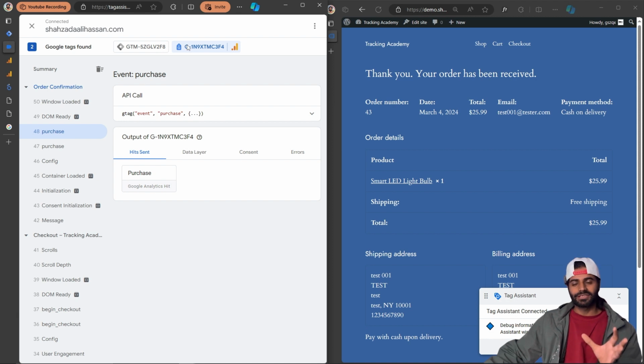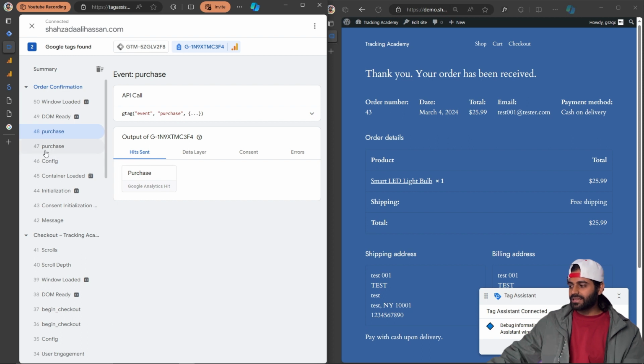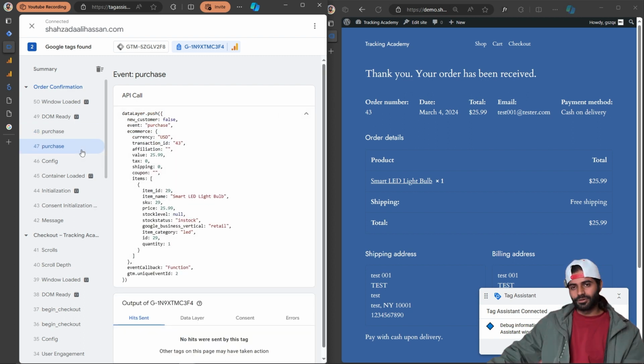Containers are anything that is related to Google tags, and this is created whenever any kind of Google container tags fires on the website. It can be Google Ads, it can be something else too. There is one more thing that you might notice and get a little confused. Why are there two different purchase events and they both look the same, but the only difference they are making is this API call. The first one is coming direct from the DataLayer.push event, and the second one is coming